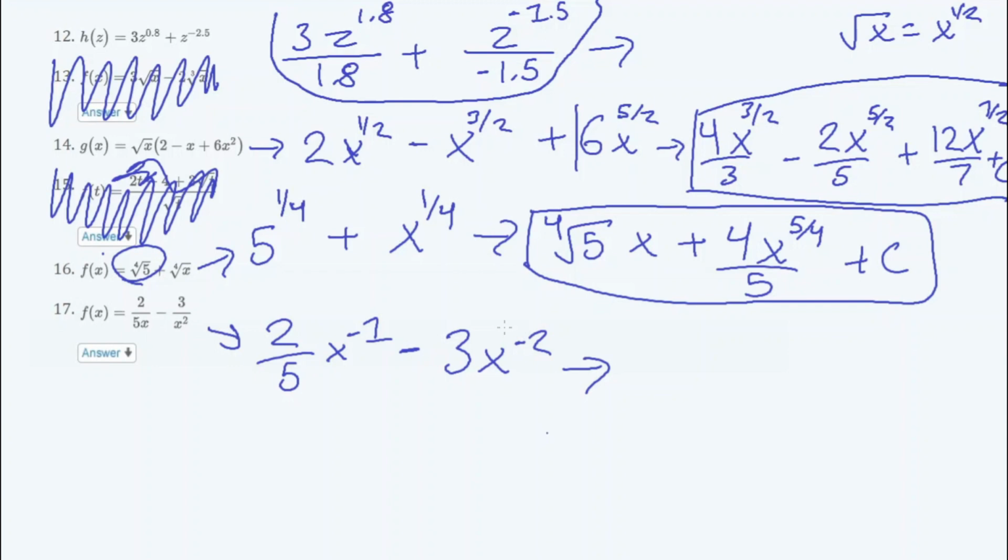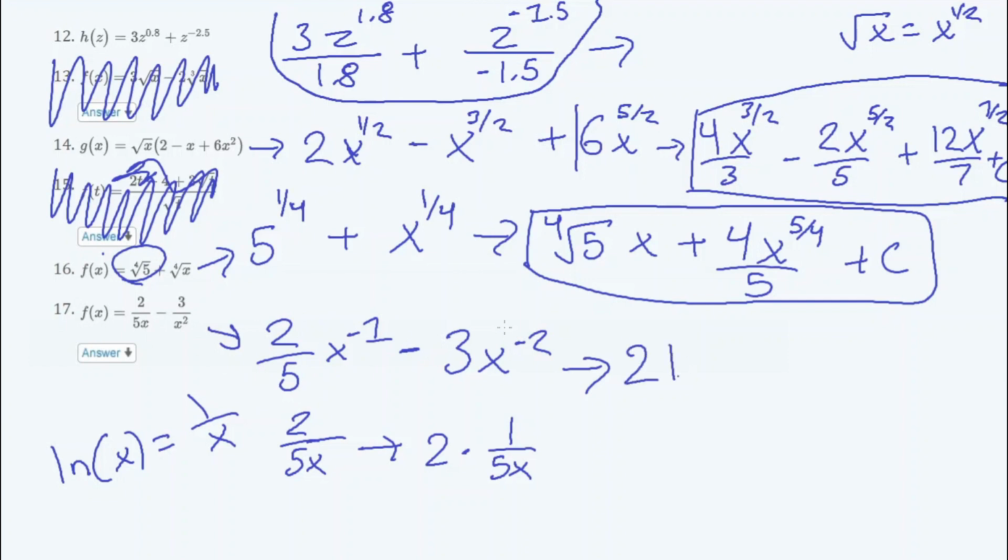What we actually could have done is just kept it at 2 over 5x, because if you remember, the derivative of ln of x is 1 over x. So if you break it up, it would just be 2 times 1 over 5x, and the antiderivative of 1 over 5x is going to be ln 5x. So for the first part, you actually didn't need to put the negative exponent. The answer to that would be 2 ln